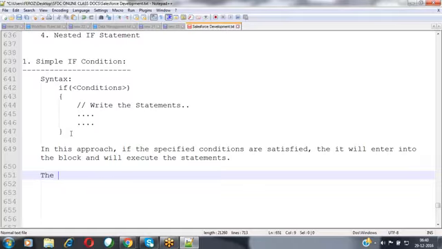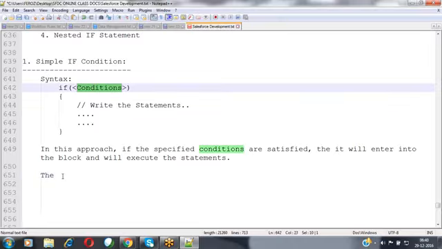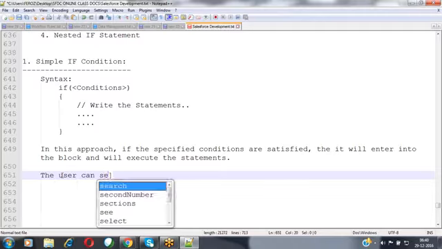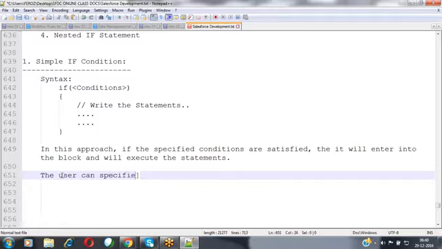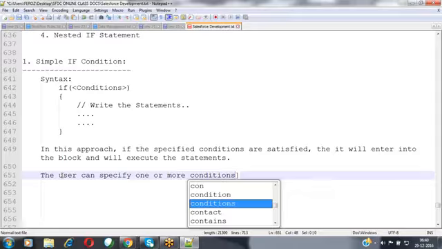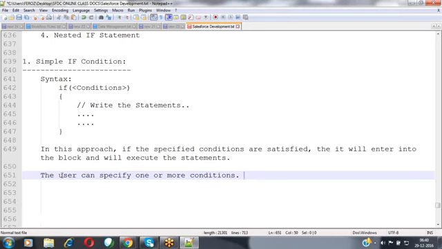While specifying the condition, the user can specify one or more conditions. Not only one condition, we can specify multiple conditions here. Now, whenever you prepare multiple conditions, how can we club them together? In order to club multiple conditions together, we use logical operators. Logical operators means and, or, and not.